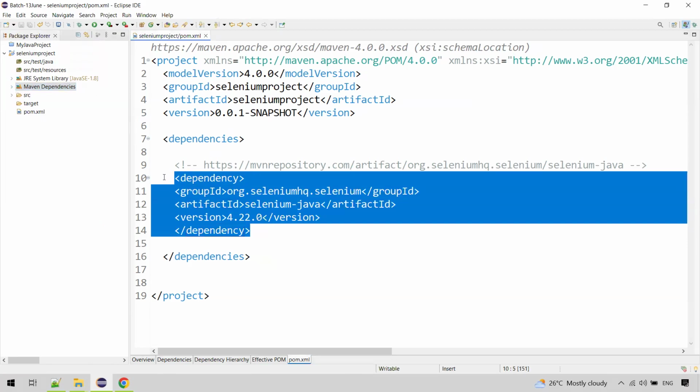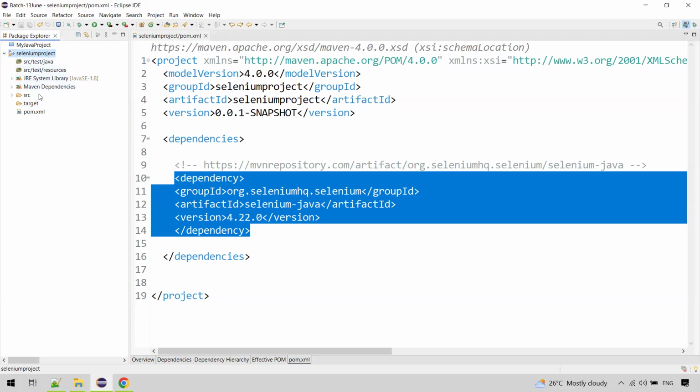So this is the beauty of creating the Maven project, right? Just specifying the dependency in the pom.xml, all the jar files related to the project will be added to your project automatically. So what's the benefit of this? Whenever I want to share my project with someone else, to my peer developer, right? So I don't need to